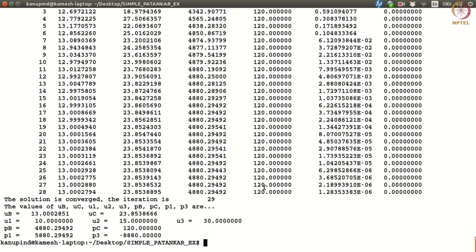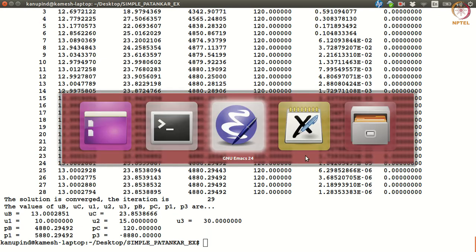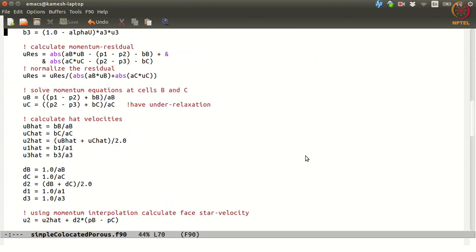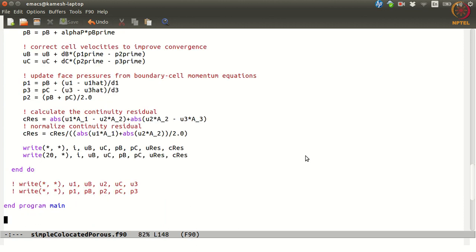Okay, I mean, we can also see how you can change any of these coefficients and play with them as well. You can change essentially the porosity constants or the cross-section areas and things like that, as long as the problem is well posed. Okay, fine. So that is an example on how you would go about solving the SIMPLE algorithm on a collocated grid. Okay, so this kind of collocated algorithms are only used in the regular software when you try to solve incompressible flows. Okay, so that is kind of good to know.